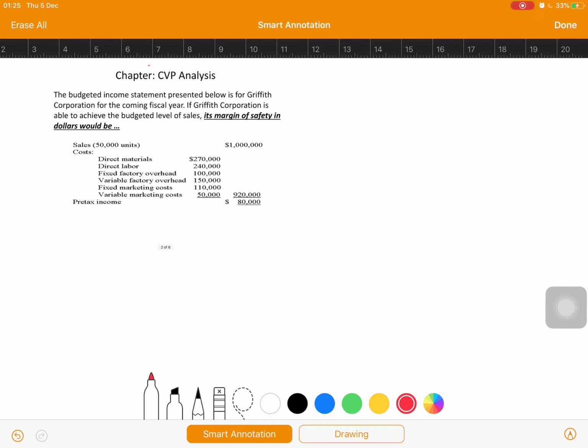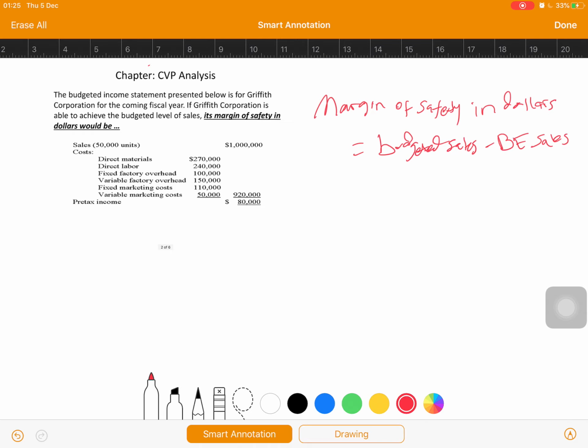So let us write the definition of margin of safety. Margin of safety in dollars equals budgeted sales minus break-even sales. In this scenario, they already gave you the budgeted sales, 1 million. So you can write here $1 million